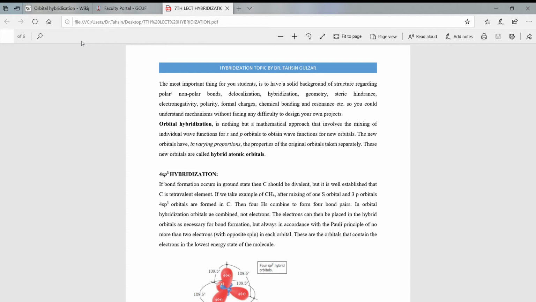So the electronic configuration of carbon is 1s2, 2s2, 2p2. But 2p2 means that carbon should be divalent, but it is not actually divalent, it is tetravalent. How will tetravalency be verified? Because one electron in the 2s orbital is excited and promoted to a higher energy level in P. As a result, there is one electron in 2s and three separate electrons in px, py, and pz respectively. So you get four orbitals with single electrons, and to make a bond, two electrons are required. So one electron in each orbital and one electron coming from the other